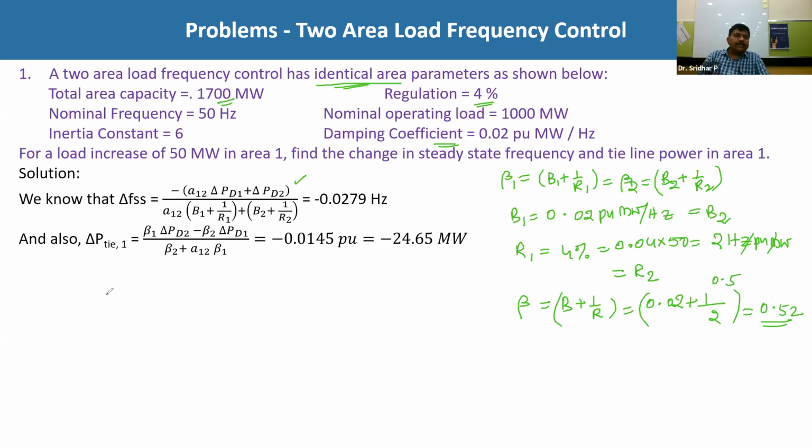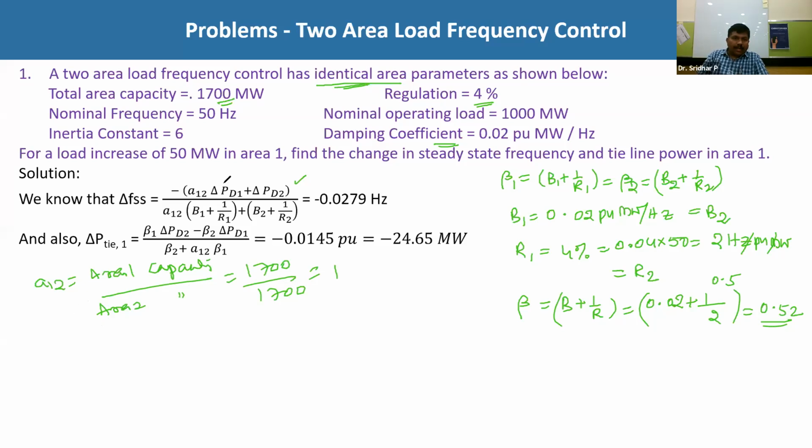And one more thing is the area capacity. A12 is nothing but the area 1 capacity divided by the area 2 capacity. So this is 1700 by 1700, which is nothing but 1. So A12, straight away we got that value, that is 1. And next one is,